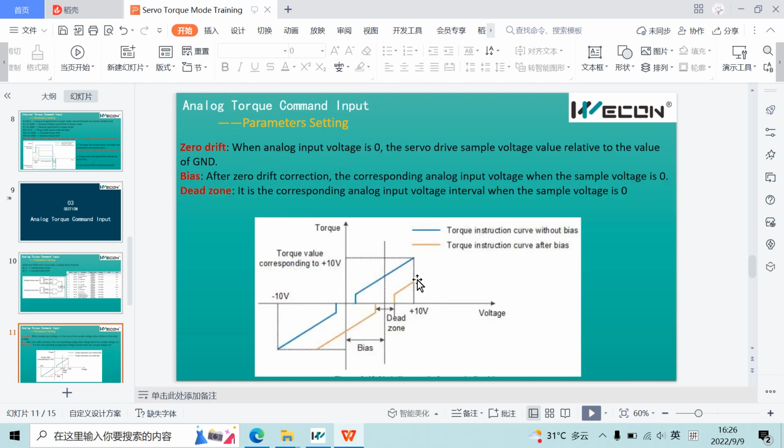For example, if we set this value as 1, then the input voltage between the range of